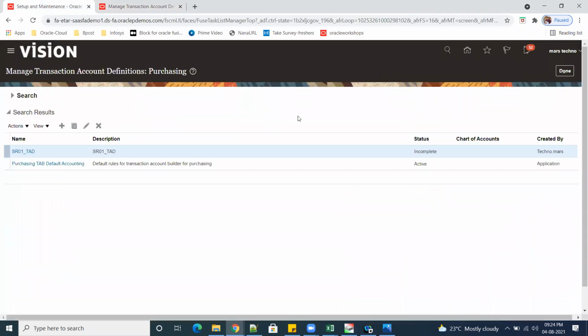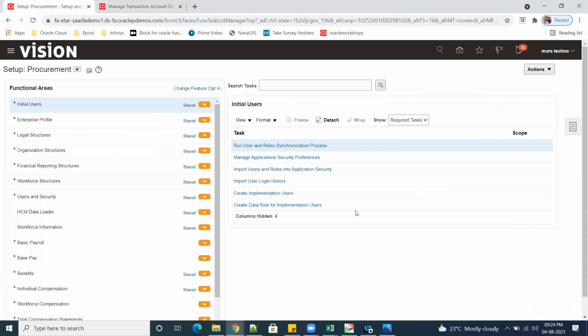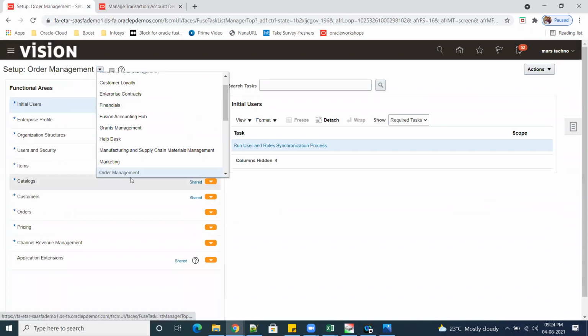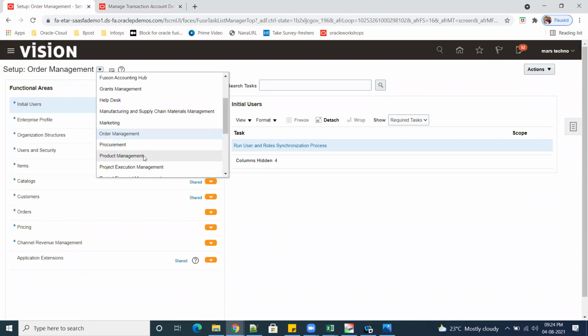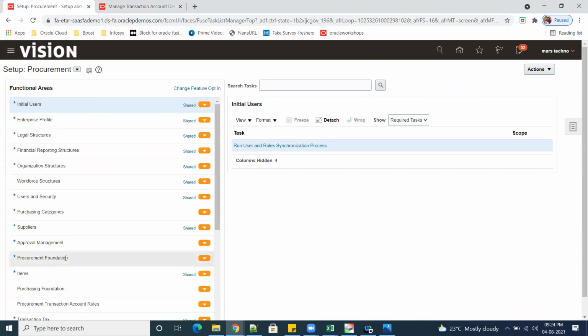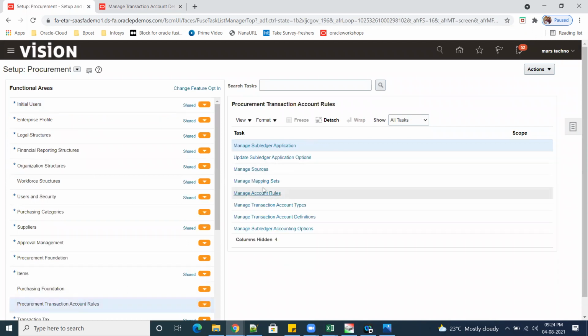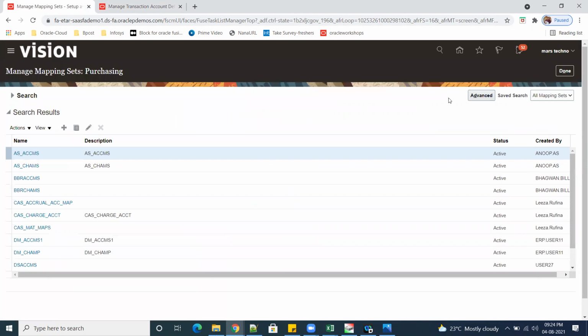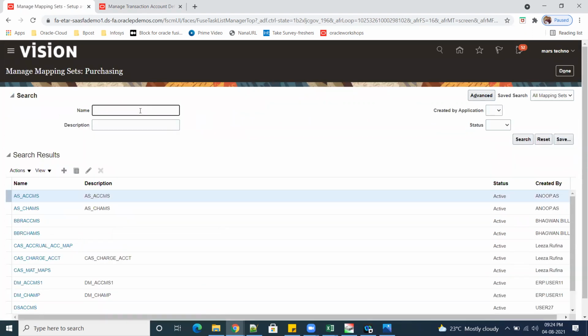So go here. I don't know whether it will allow to delete or not. Let me try. Procurement, purchasing transaction, mapping sets, because expenditure something we selected, right? Yes, sir, we have to pass that something.